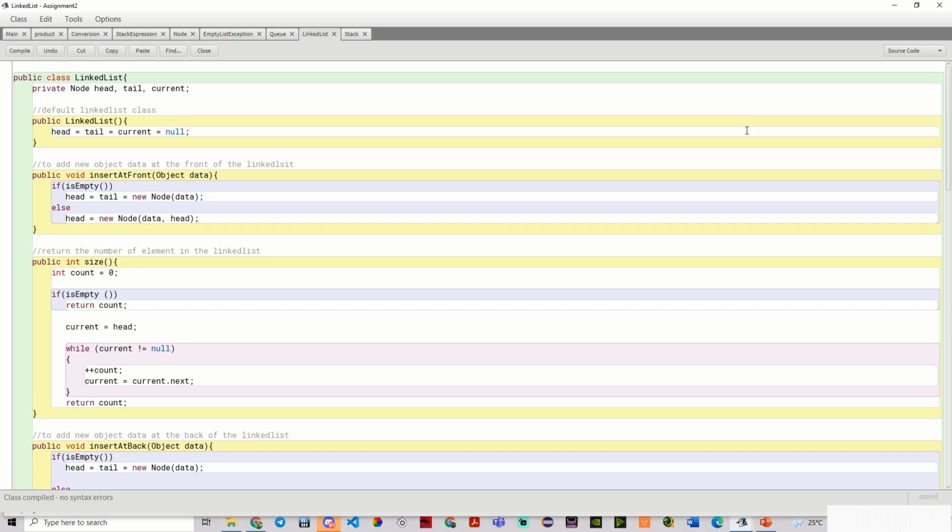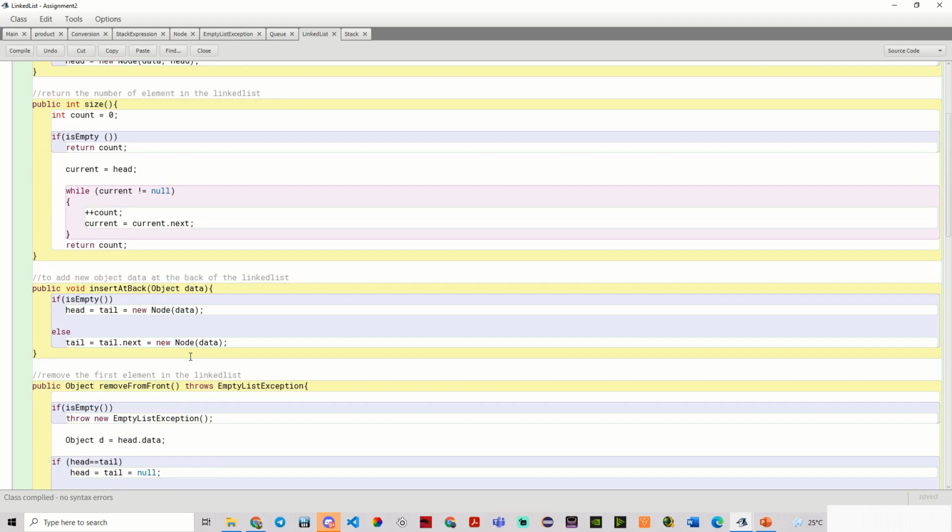So now let's look at the linked list class. Inside this class, we have the private attributes node head, tail, and current, and we have the default linked list class. We have the insert at the front method if we want to add new object data at the front of the linked list. We have the size method to return the number of elements in the linked list. And if we want to add new object data at the back of the linked list, we have the insert at the back method